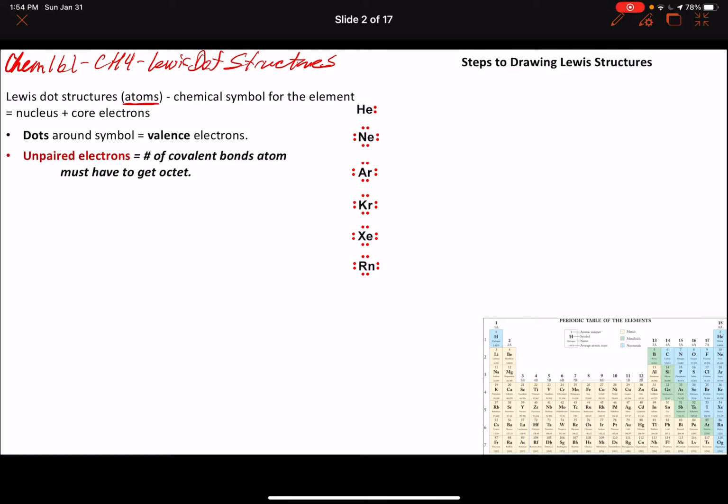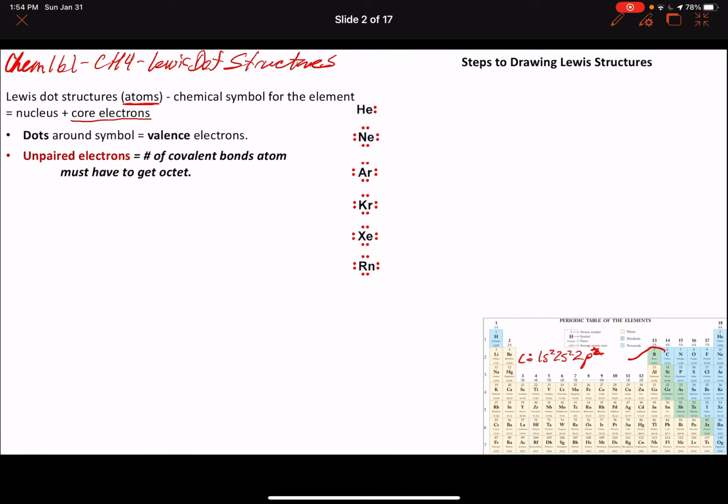Okay, and so what we're going to do is use a chemical symbol to represent the element in question. And not only that, that symbol will also include the core electrons that we've identified from electronic configurations. So when we look at the electronic configuration for, for example, carbon, we know that it is 1s2, 2s2, 2p2,